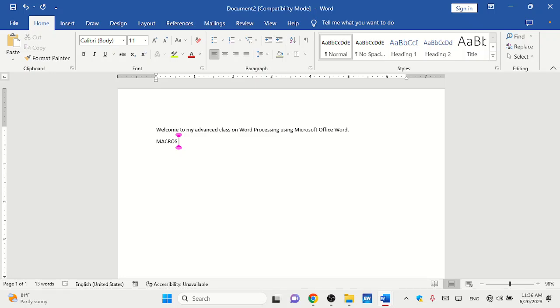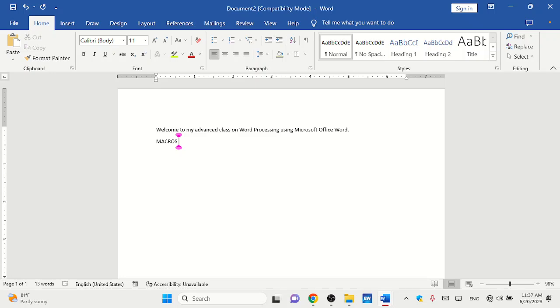When we talk about macros, it's actually a system of automating repetitive tasks. That is what it is. Basically, it records the steps you use in creating that procedure. Whenever you invoke that macro, it just pastes the steps in Microsoft Office Word, and then it creates it for you. So whenever you are using macros, be very careful and be precise on what you click on, because